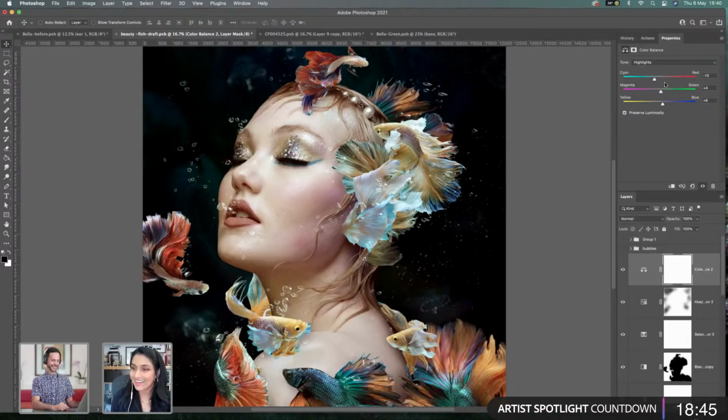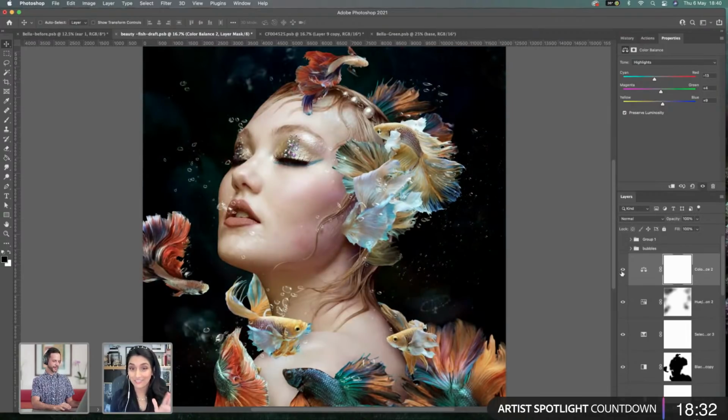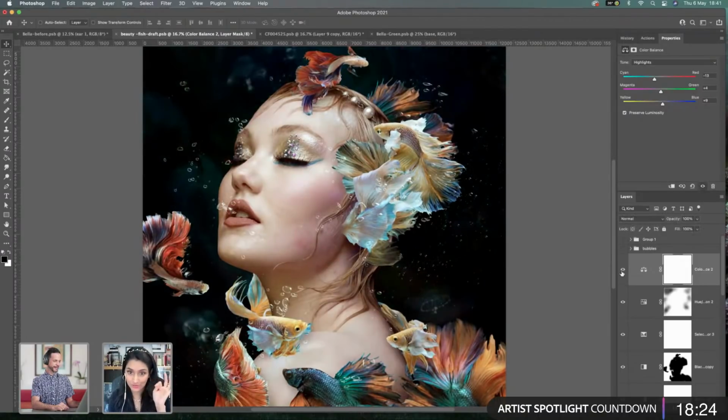Okay. Fantastic. So I'm going to go ahead and turn this layer off and on so you can see what we've done. Color balance is really fun. See, we didn't move the sliders that much, but just as one color adjustment, playing in the shadows, midtones, and highlights can change the game. And if you really like how it looks on a particular part of the image and not on the other,